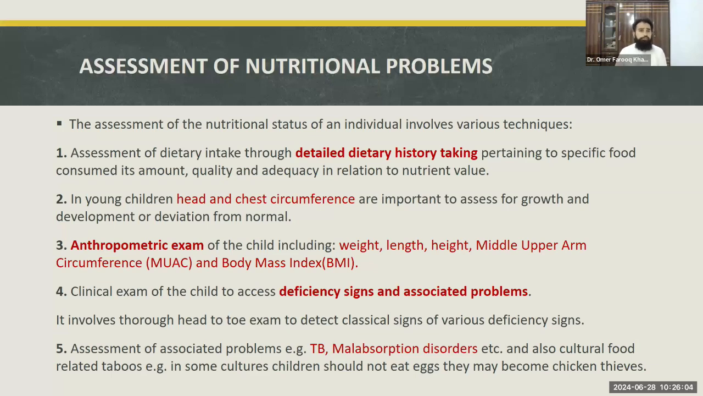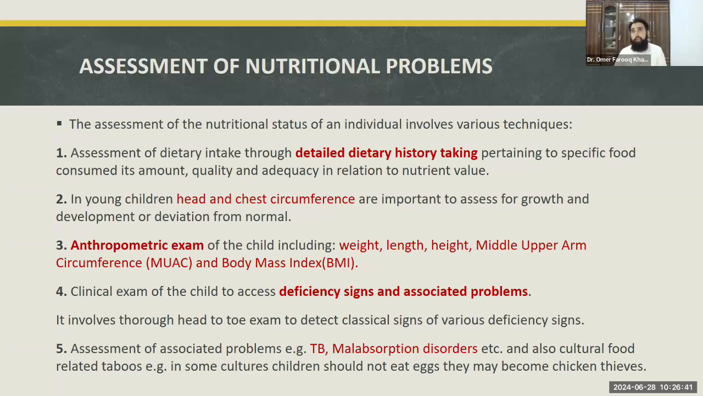First of all, assessment of dietary intake through detailed dietary history taking. You need to ask the parents what they give the child. If a child is 4 months old, whether he or she is being breastfed, whether he or she is given diluted cow milk or diluted goat milk, whether he or she is being given formula feed or anything like that. And if a child is more than 6 months of age, whether proper weaning has started or not,